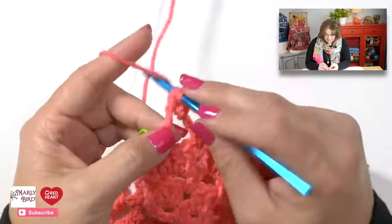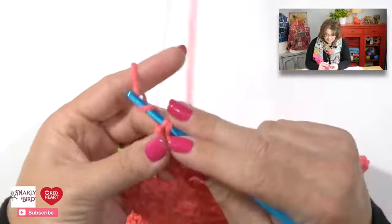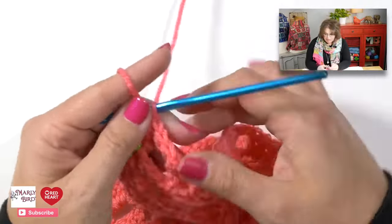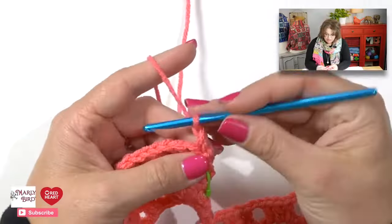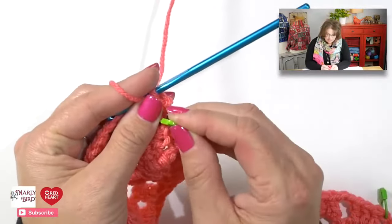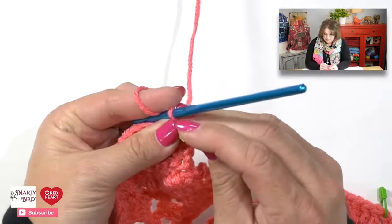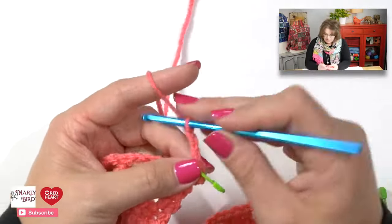I'm at the end of row 6 here, and I'm finishing off with my 3 double crochets, and I will place my last double crochet into my marked stitch and move on to row 7. For row 7, we start off with a chain 1, place a single crochet into that first stitch just like we've been doing all along, and I can move up my marker into the single crochet I just completed, and I move on. So this time I will chain 5,